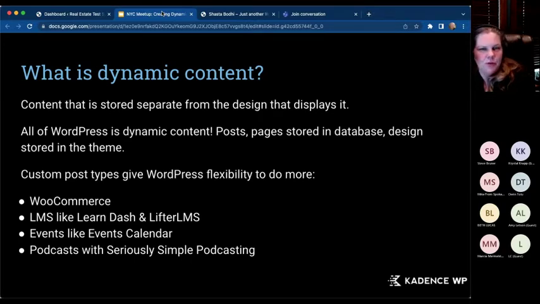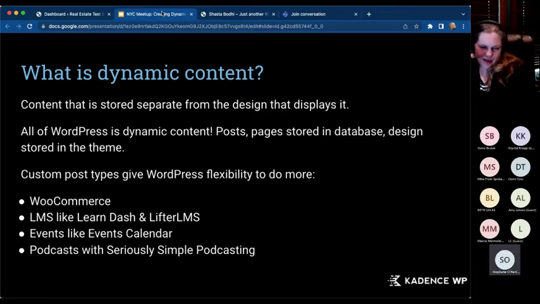And if you've worked with WordPress for a while, you've probably heard more developer-centric people talking about dynamic content and Advanced Custom Fields, or maybe Meta Box and things like that. And you think, okay, well, I'm not going to go code anything for that. That's for developers to do. Cadence has created a system that allows you to do all of this without coding. So it's bringing dynamic content into